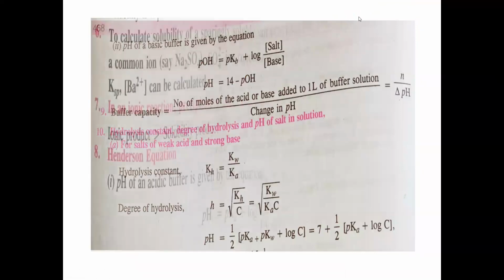Now here SO4-2 is in this and in this. Both are giving SO4-2. But more SO4-2 will be coming from Na2SO4 only. From BaSO4, very few will be coming. And from Na2SO4, more SO4 will come. Why is it like that? Because Na2SO4 is a strong electrolyte. BaSO4 is a weak electrolyte. Weak electrolyte means a sparingly soluble salt.